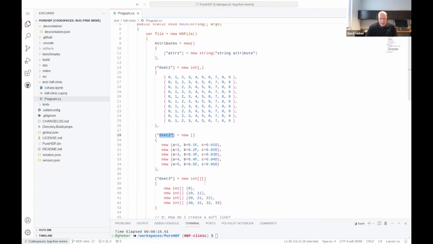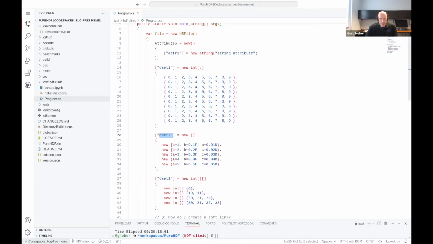And then likewise, in .NET or in C# specifically, there is the concept of a ragged array. Some people call it ragged or jagged array, where basically you can have an array of arrays, but then the arrays do not have to have the same length